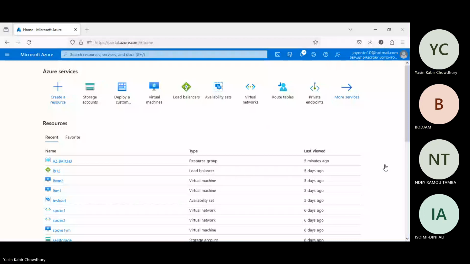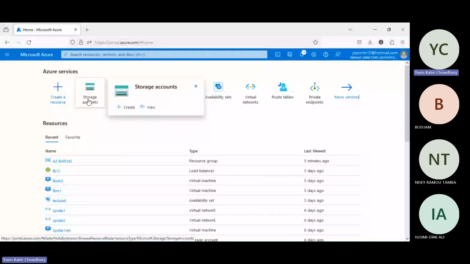You know how to create the custom template, isn't it? ARM template. Do you know? I think you know. Suppose for every resource you want to create, that time you will find the ARM template. How? Suppose this one, a storage account. If I want to create a storage account manually, how can I create it? I just click here, create,